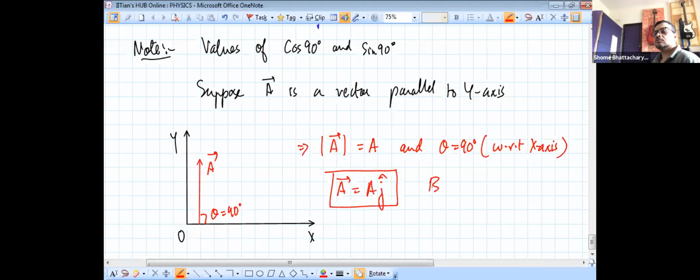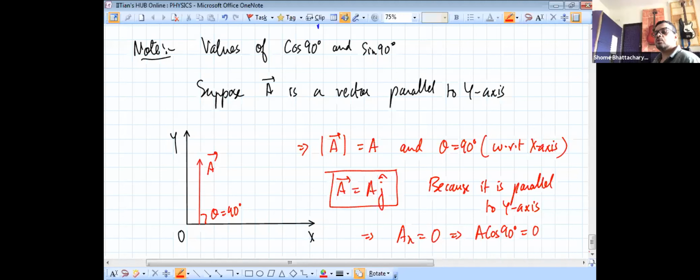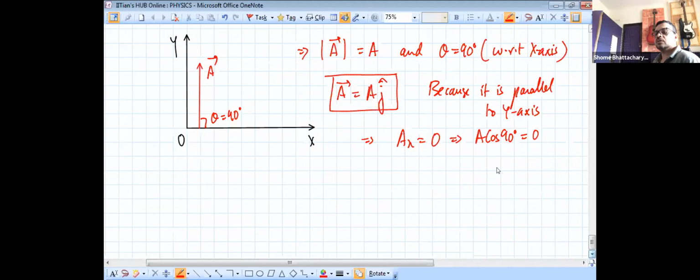Because it is parallel to y-axis. So therefore, what will happen? X component of E will be 0. So that means E cos 90 degrees will be 0. So what does this tell me now? That this tells me cos 90 is how much? 0. And EY is equal to capital A only, the magnitude. That means E sin 90 degrees